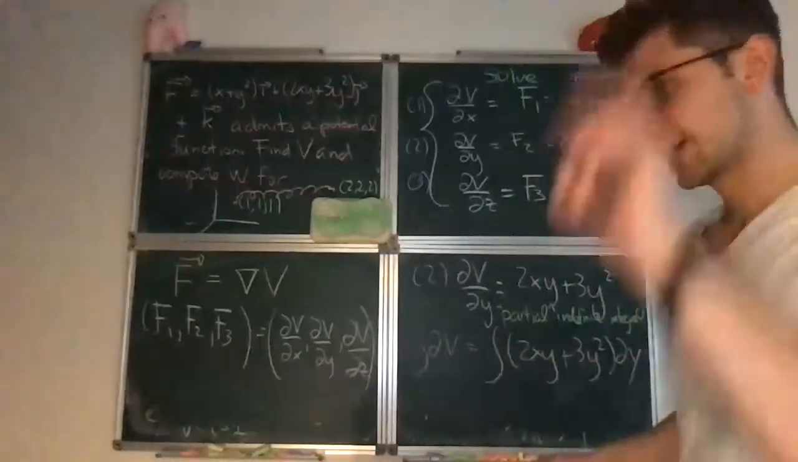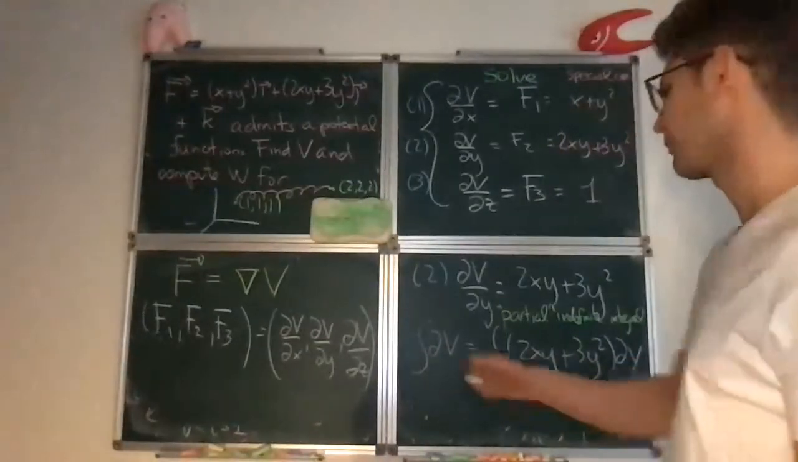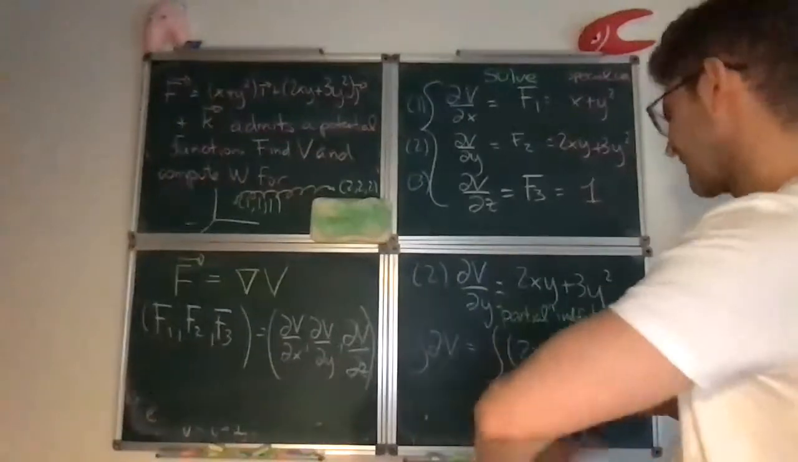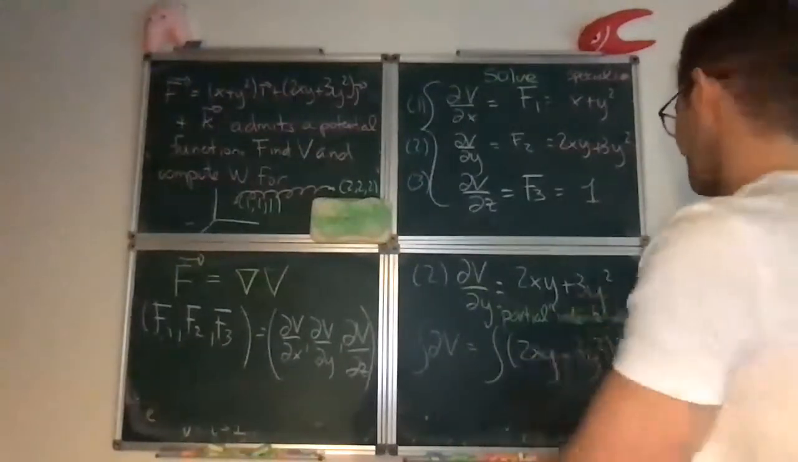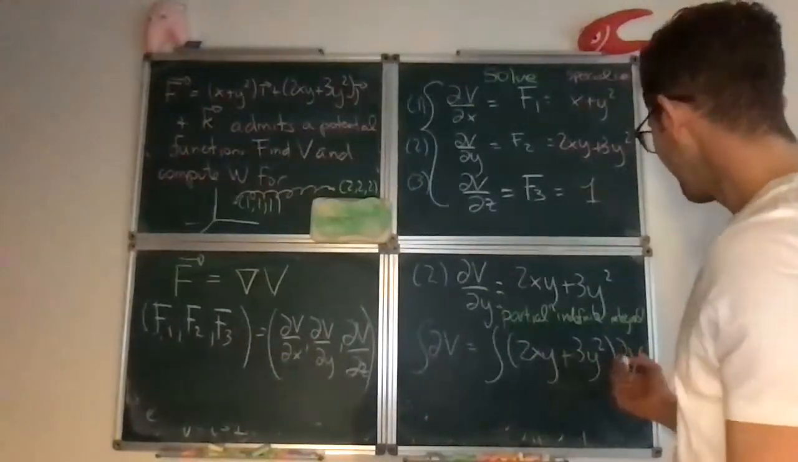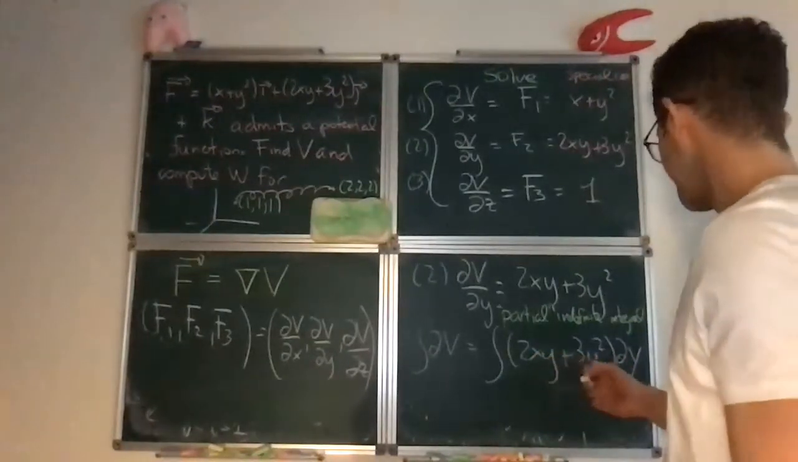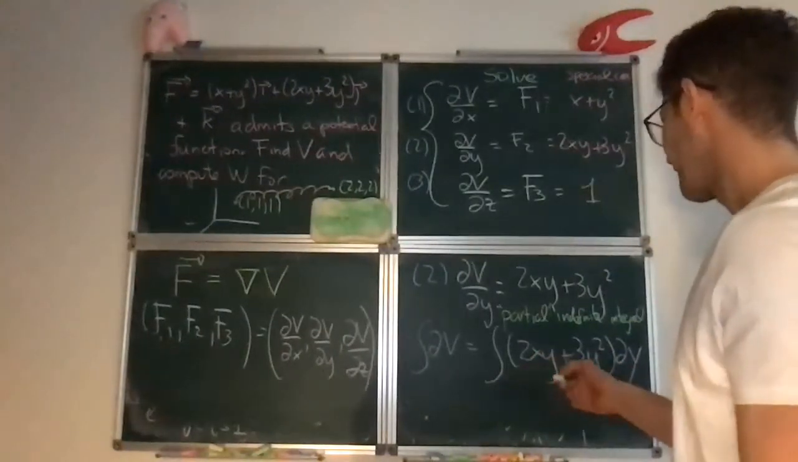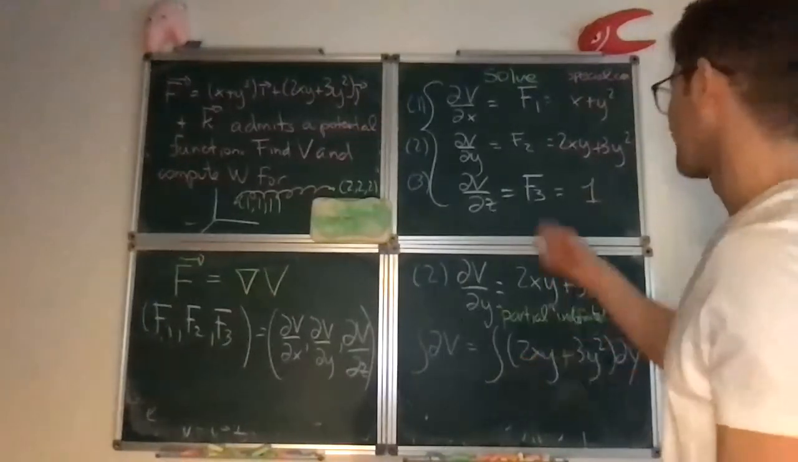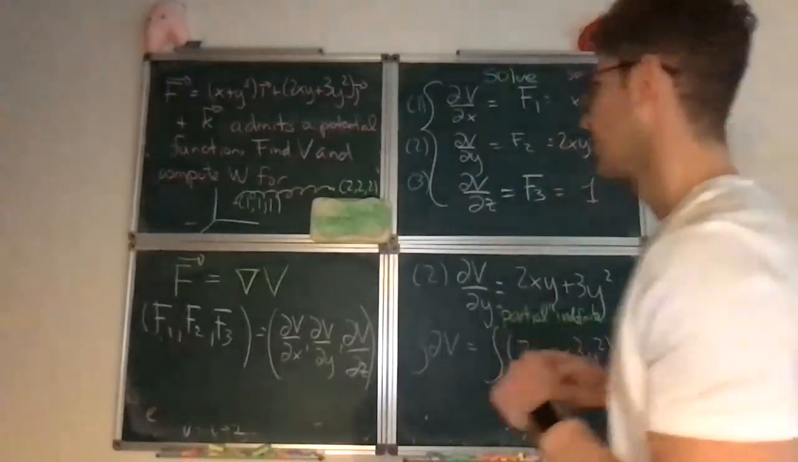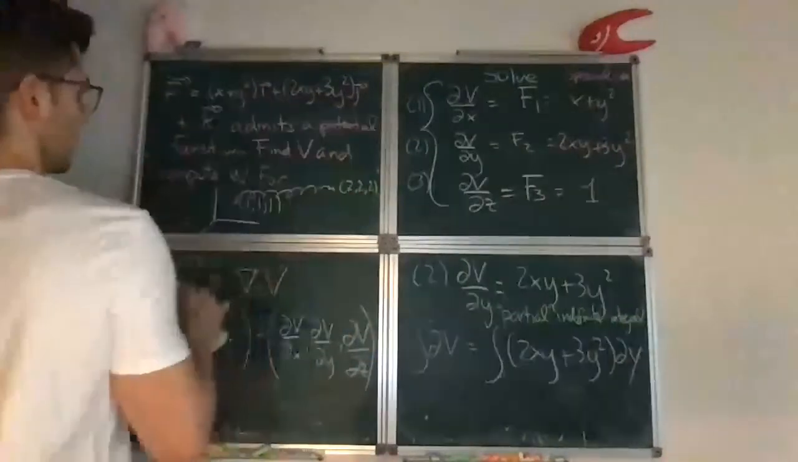Here, when you do a partial integral with respect to y, which by the way is not a very standard notation, but it's convenient for now. When you do a partial integral with respect to y, only y is a variable, and the other variables like x or z become constants. Okay, so